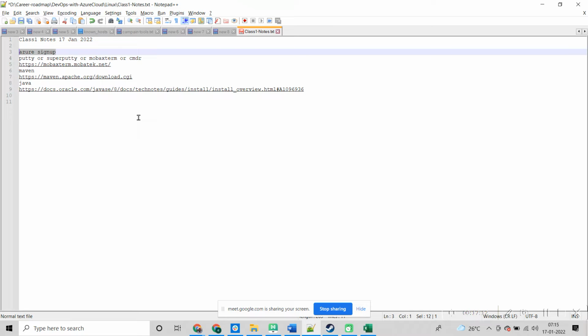Shubham, are you doing these steps? Because this is just a sign up to a portal, so you don't have to do anything with your system. Okay. Right now I'm not able to do it because I have to create the account on this laptop, and I'm not using a company Gmail ID. You can use whatever email ID you have; it's not mandatory to use a Gmail ID. Any email ID will do.